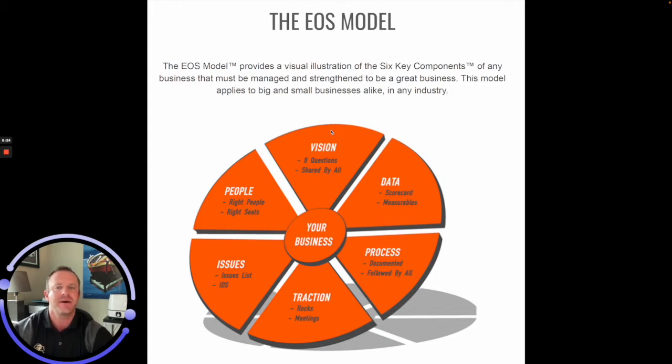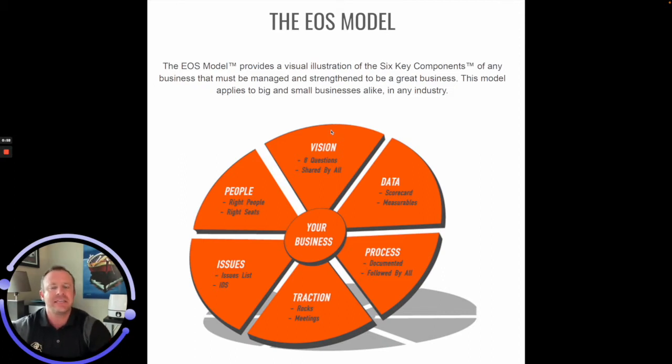It's basically a business model, a structure that we focus our entire company's decisions and actions on. Everything that we do is centered and focused around this EOS model. I just want to spend a few minutes today going over the 6 key components of this model. There are other videos to follow that will go in more depth on some of these pieces that I'm going to briefly talk about today, but I'm just going to create a short, quick video for you to go over this overview of the model.